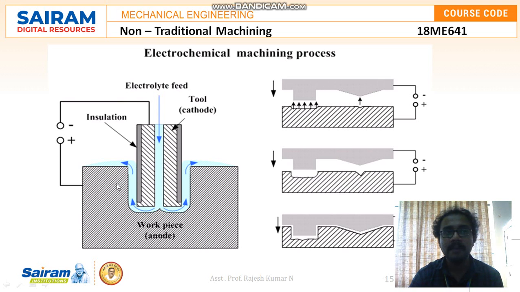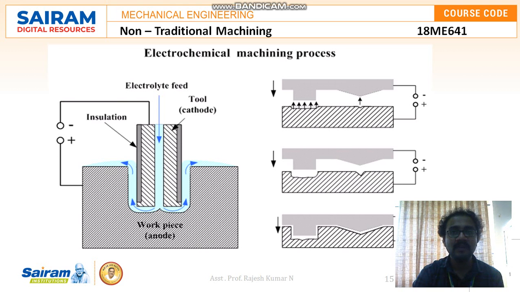As we know, some materials are good in electrical conduction, and some materials are not good in electrical conduction. So when we speak about the drawbacks of the electrochemical machining process, it is recommended only for metals which are good in electrical conductivity. Say, for example, some non-ferrous metals, and diamond, composites and other materials which cannot conduct electricity, such kind of materials we cannot machine by using the electrochemical machining process. We need to go with other machining processes, where such materials can be removed by non-traditional machining processes.